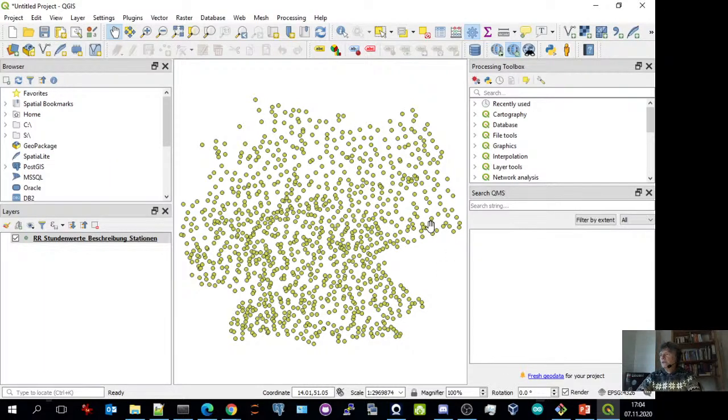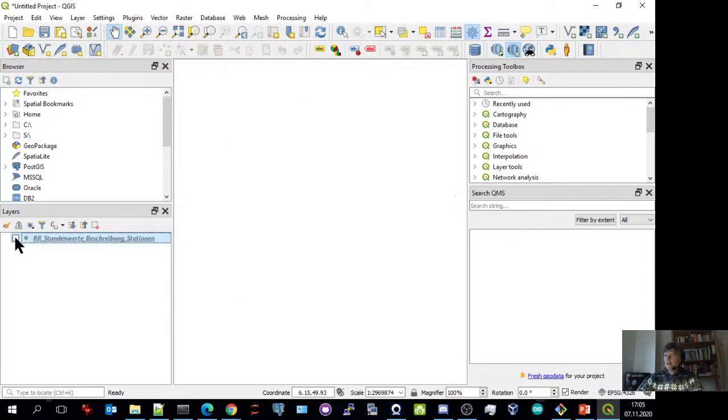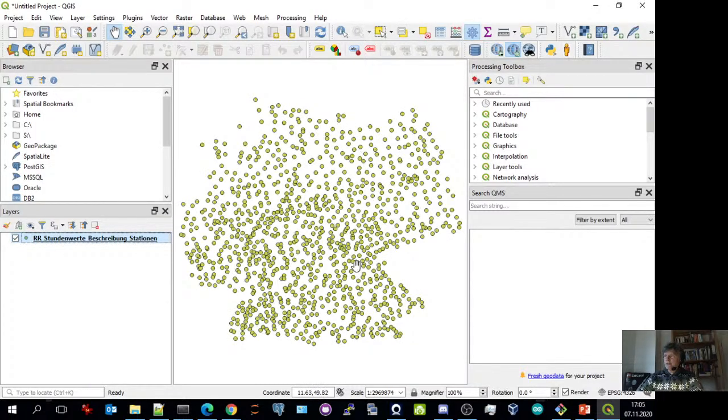So this is now the distribution of the stations in that particular file for hourly values of precipitation. We don't know if all these stations are still active, but we will find out. So first of all, we see here that this is now arranged in a so-called layer. So we can activate and deactivate a layer for printing. And the most important thing now is we can